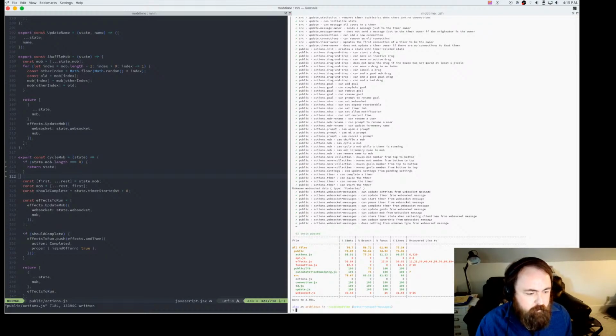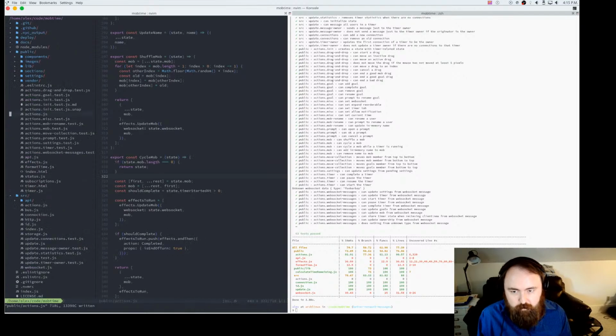So now we have like line 320 that's uncovered here. Line 6 is never going to be covered. That's just how it is. But you know what? Let's fix it. We're here.